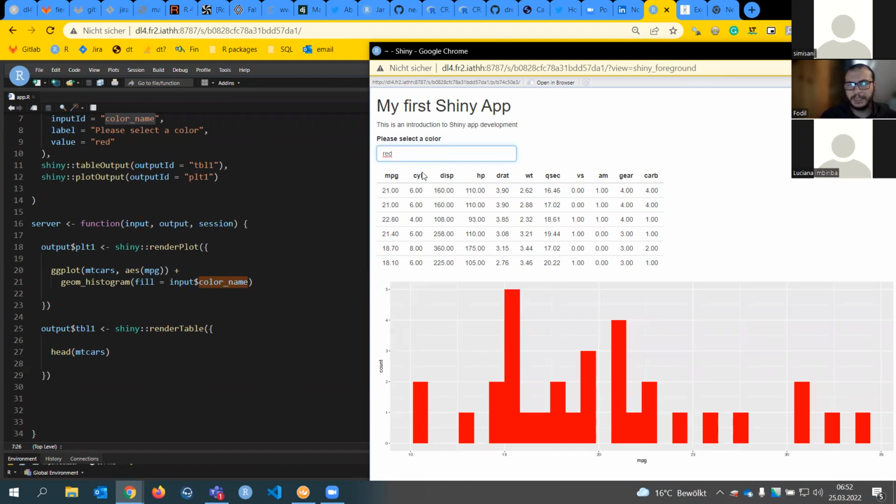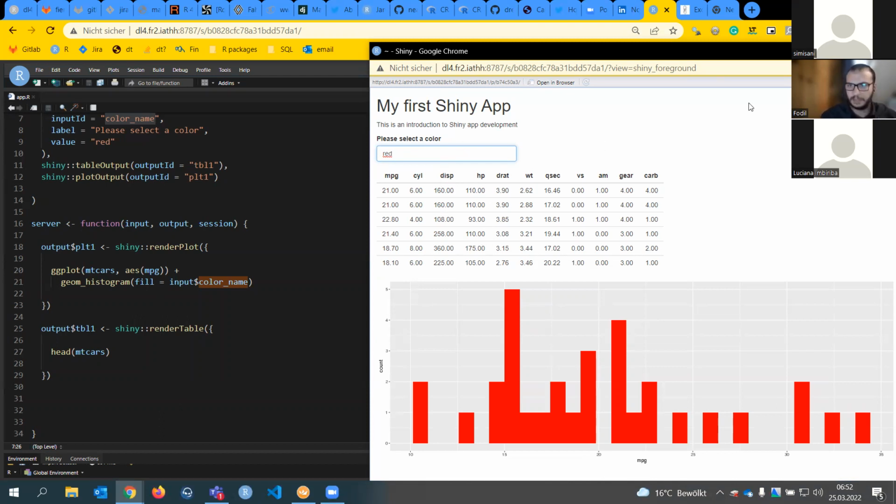So here it's not really a good example of a text input. It would be nice to have a select input so that the user has a drop down and can select which color she wants, instead of having to type the name of the color, where one can provide an invalid color name and we will get errors, and so on.